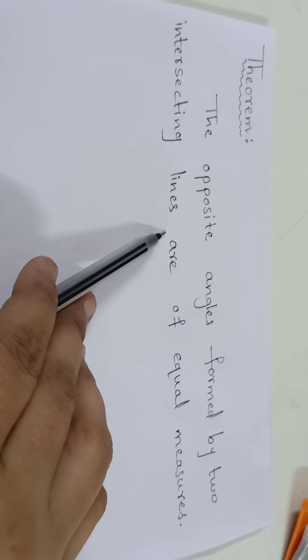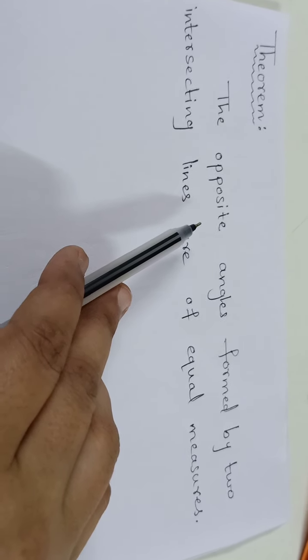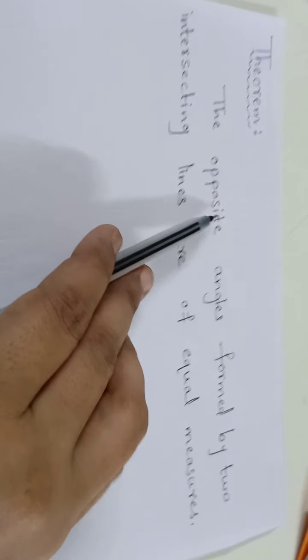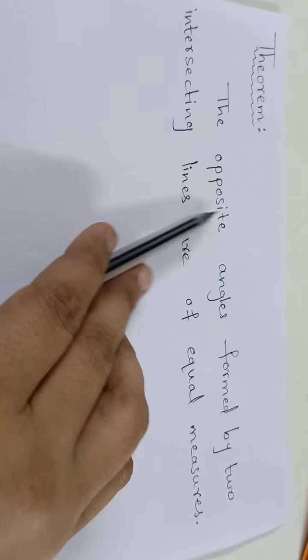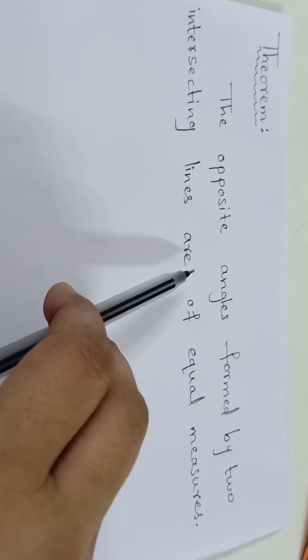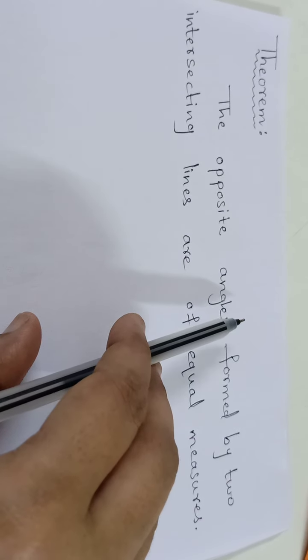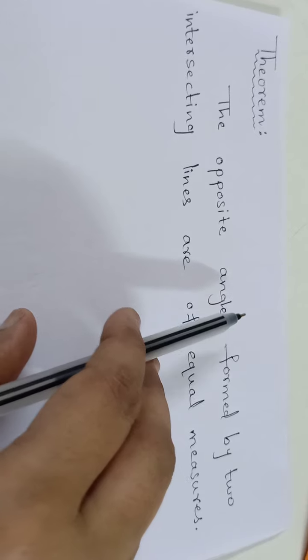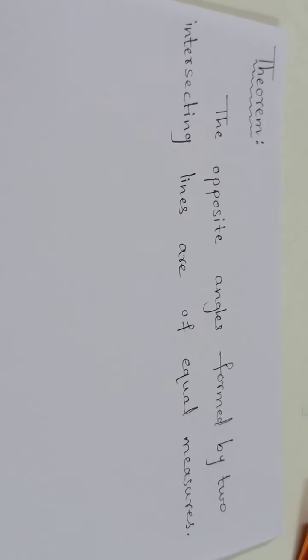I have explained to you most of the time. The statement of a theorem is usually written in conditional form, but the statement of this theorem is not given in conditional form. So be careful. A single statement is there. From that statement only we have to decide which part is the antecedent, that is for given, and which part is the consequent, which we have to prove. So we will read the statement carefully.